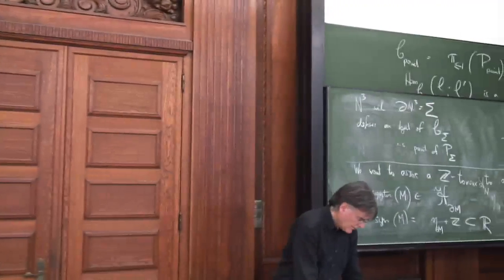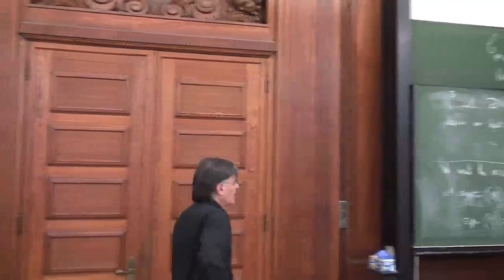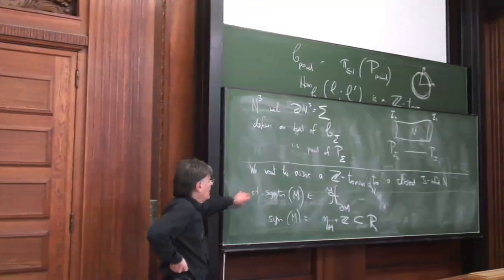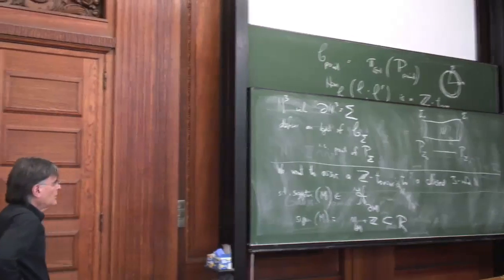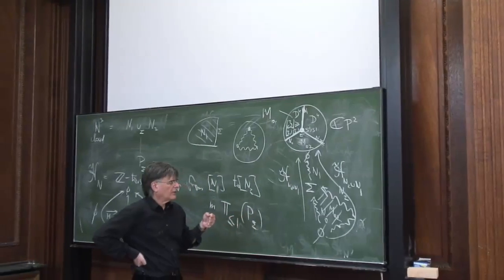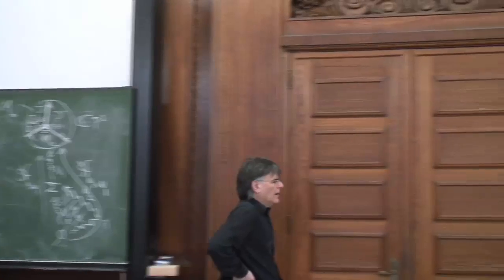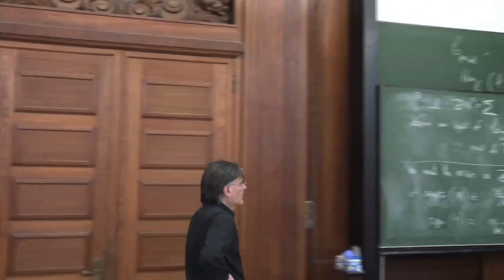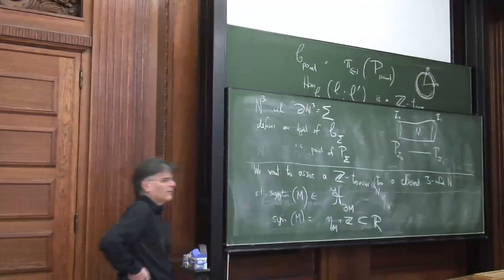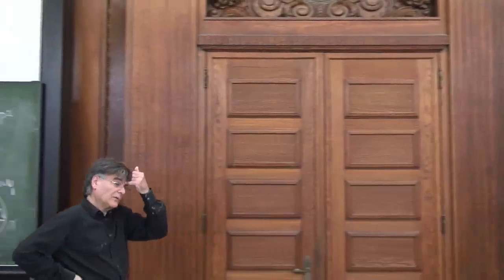Well, I'm a bit behind schedule, so I was going to explain a number of different reasons why we ought to expect to associate a Z torsor to a closed odd-dimensional manifold, in this case a three-dimensional manifold. So one way is by this eta invariant process, but there are at least two other ways. One is to